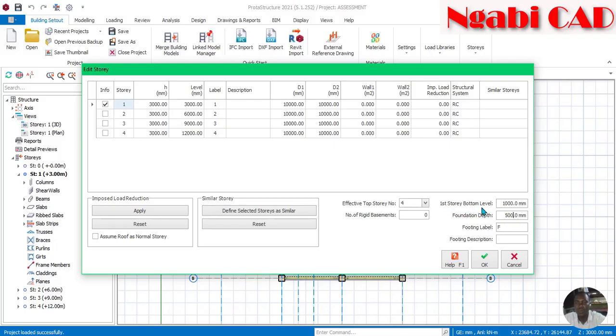Then the first story bottom level simply means the distance from the ground floor down to the lower side of the foundation, or the footing. Actually, here I had to put a negative because it is counted going downwards, not going up. So make sure that as we are counting going down, we call it negative, and as we are counting moving upwards, we call it positive. After making the decisions on the first story bottom level and the foundation depth, we shall come here